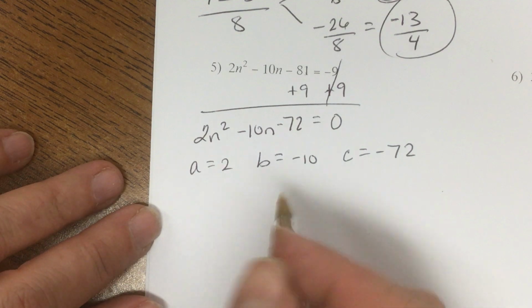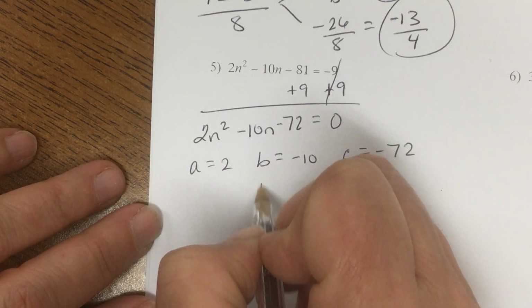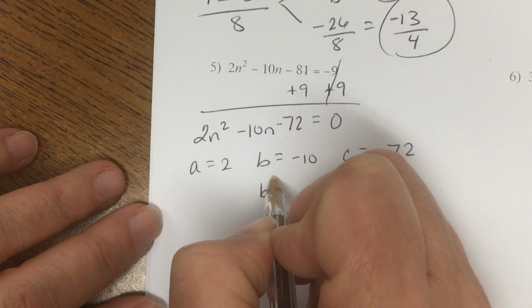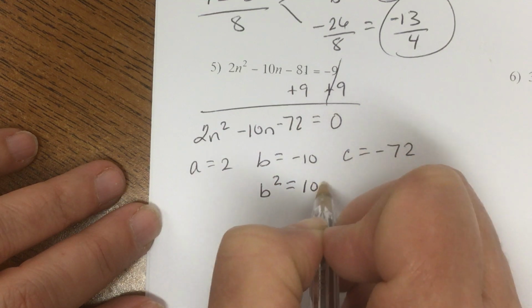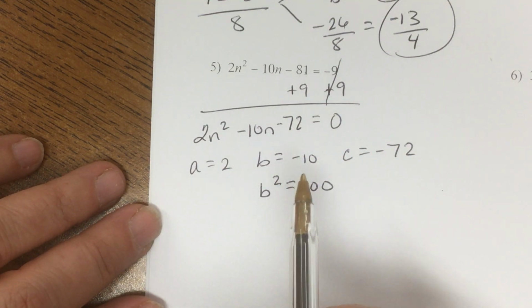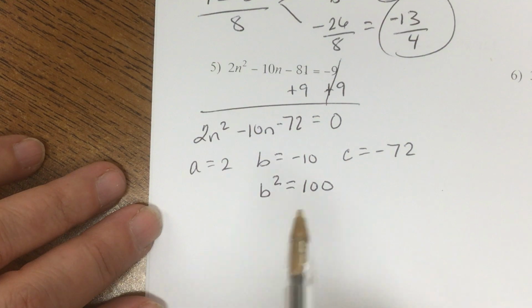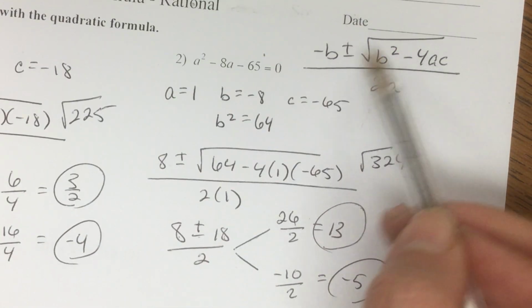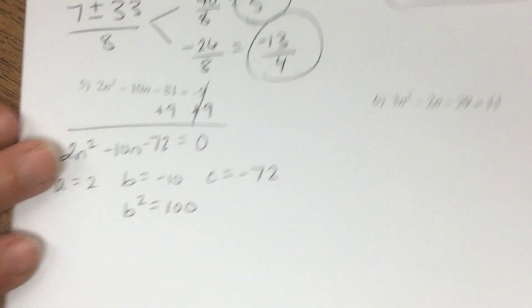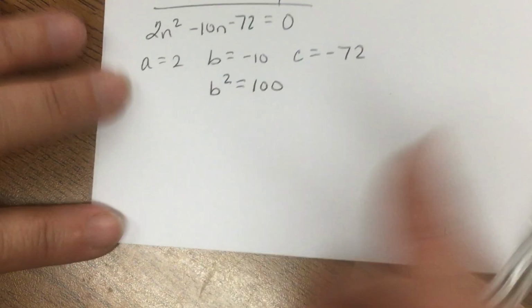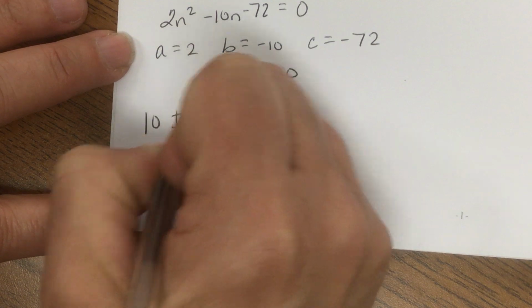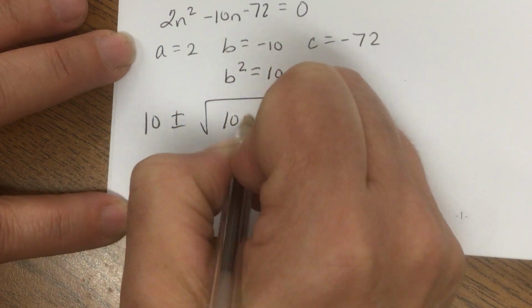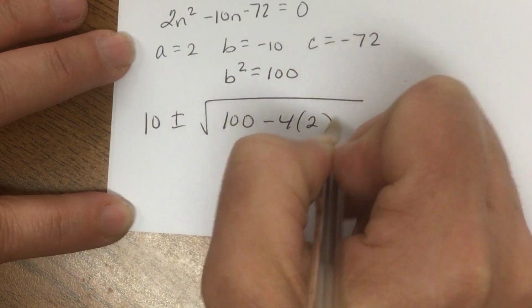So negative b, and I would even write here, especially because b is negative, b squared then would be positive 100, because negative 10 times negative 10 is positive 100. Make sure you remember that first number inside the radical, that b squared, is always a positive number. Okay, so we have a positive 10 plus or minus radical b squared minus 4ac